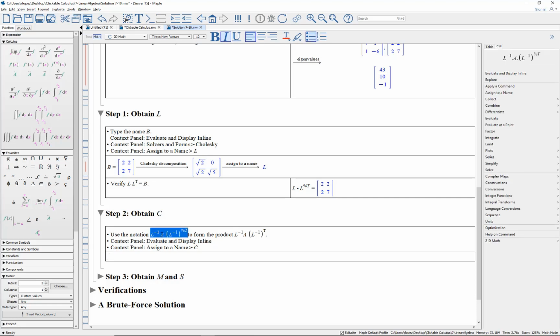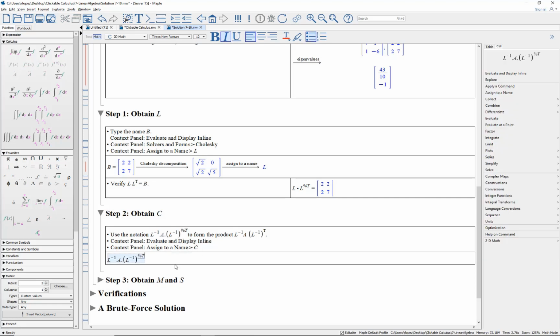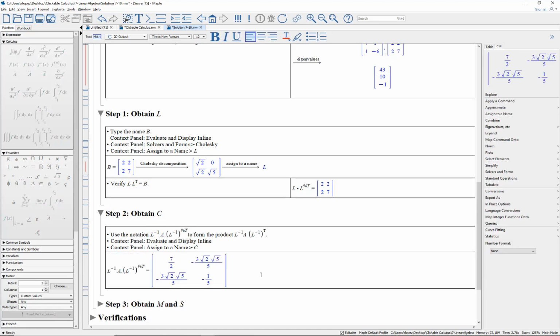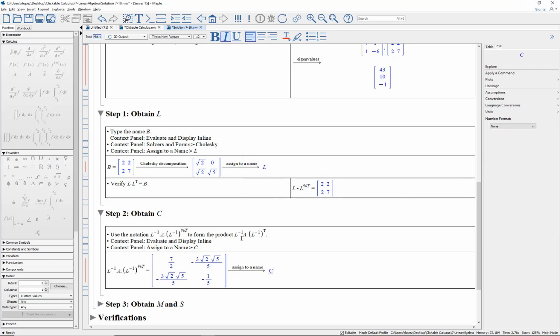I think rather than have you watch me struggle to type that, I'm going to control drag it, control equal. We have a matrix that we are going to call C, assigned to a name C. Okay, so that was L inverse A, L inverse transpose, and you can see L inverse transpose and L inverse